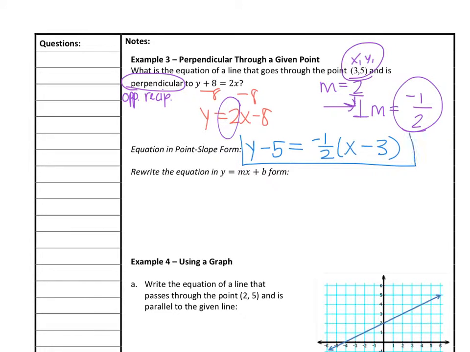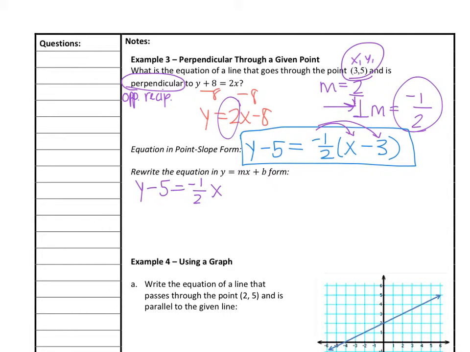And then we box it in. As long as there's no double negatives, you don't have to rewrite it. Well, we sort of don't have to rewrite it. My goodness, we do have to rewrite it into y equals mx plus b form. So again, you can see that I'm drawing my arrows to distribute. Y minus 5 equals negative 1/2